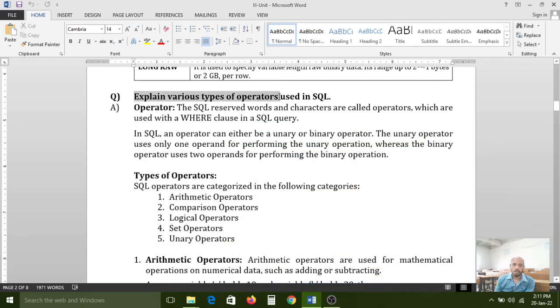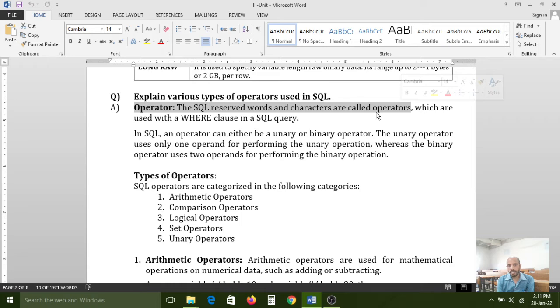Explain various types of operators used in SQL. What is an operator? The SQL reserved words and characters are called operators. In your previous semesters, in the second semester, you already learnt the operator concept in the C programming language.